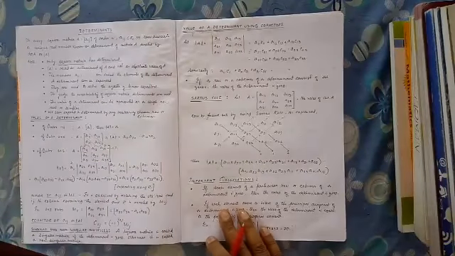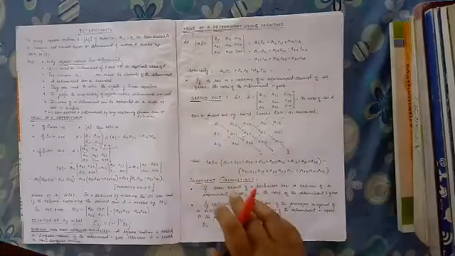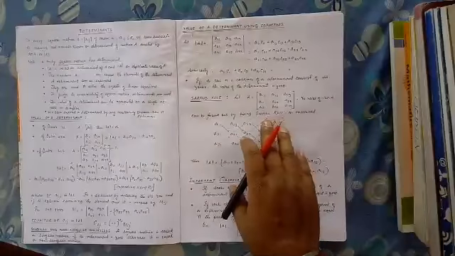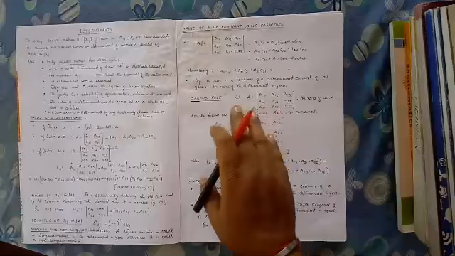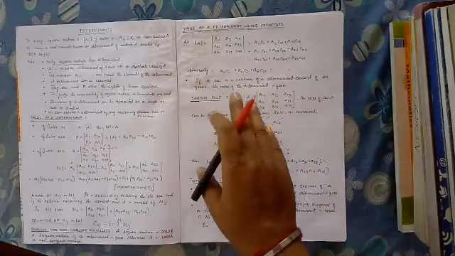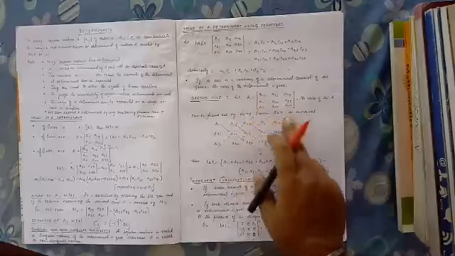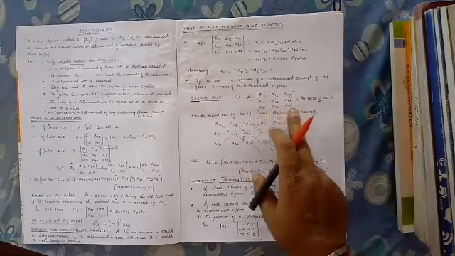Now there is also one rule to calculate the determinant, that is called the Sarrus rule, Sarrus or Sarus. Both the spellings are written. Though these are not for the exam purpose, but everything is not for the exam purpose. It is not that only for the exam purpose we will learn something. So we must know. Now let A be the matrix a11, a12, a13, a21, a22, a23, a31, a32,